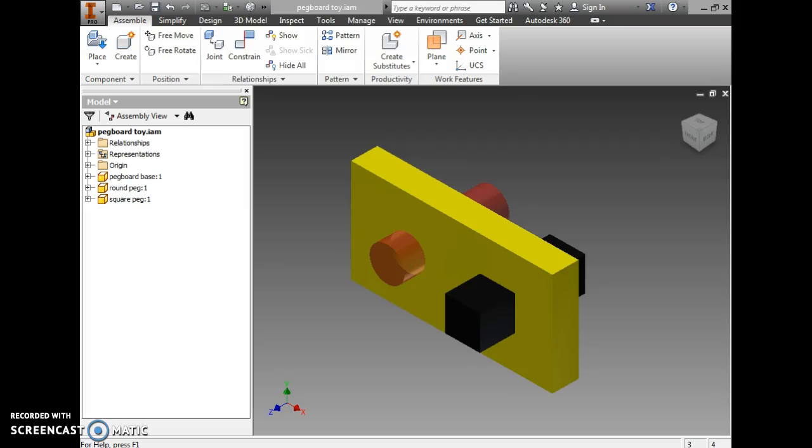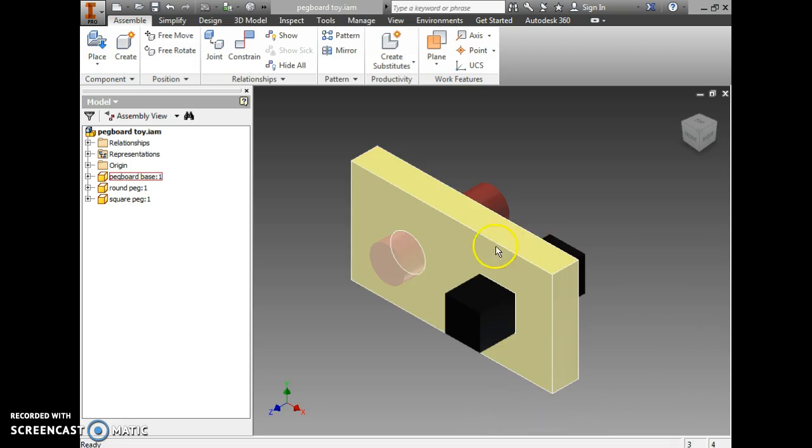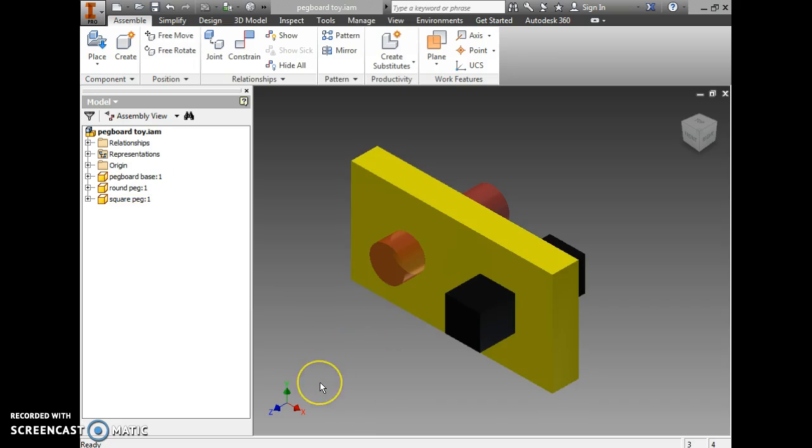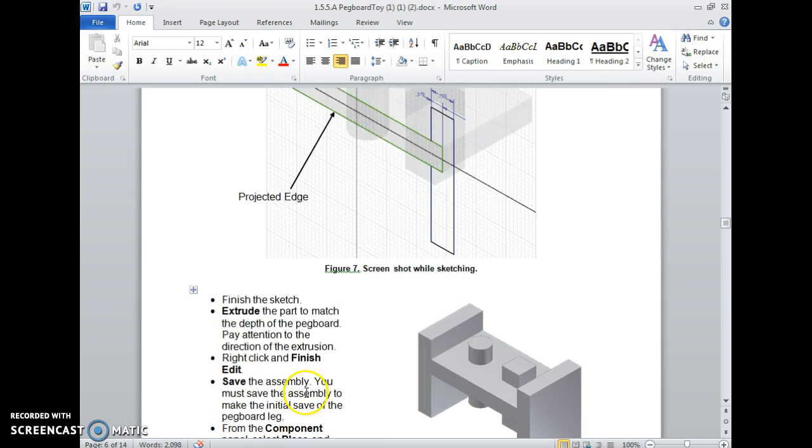Okay, today I'm going to show you how to make the end for your pegboard toy. Yesterday I showed you how to make the base, the round peg, and the square peg, and I also showed you how to constrain those together. Now if I refer back to my Word document